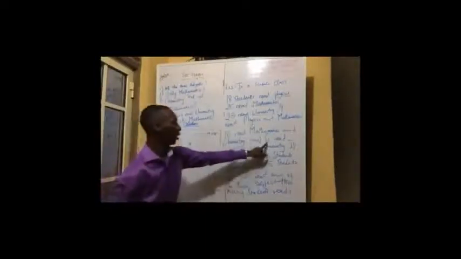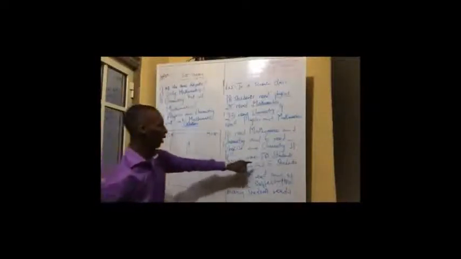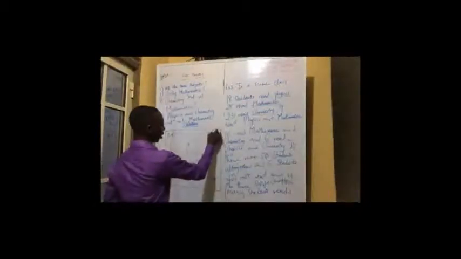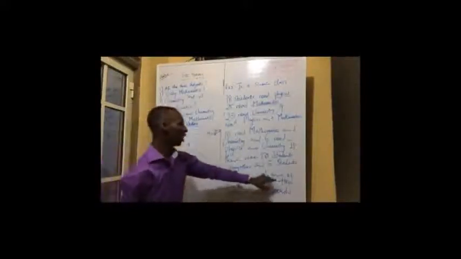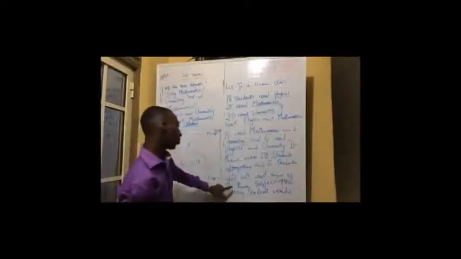Now lastly, 6 read physics and chemistry. This is physics, this is chemistry. So you have 6. Now the question continues. If there were 50 students altogether, that's my universal set, 50. And 5 students did not read any of these 3 subjects. So I'll put my 5 outside this whole diagram. Now, how many students read all the 3 subjects?